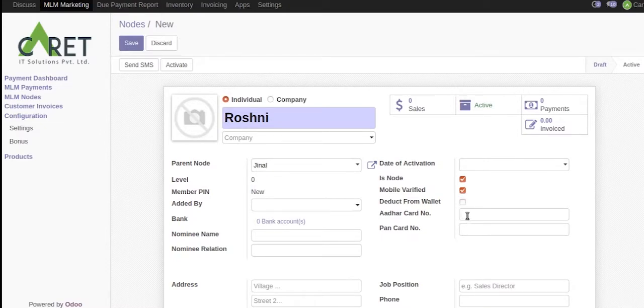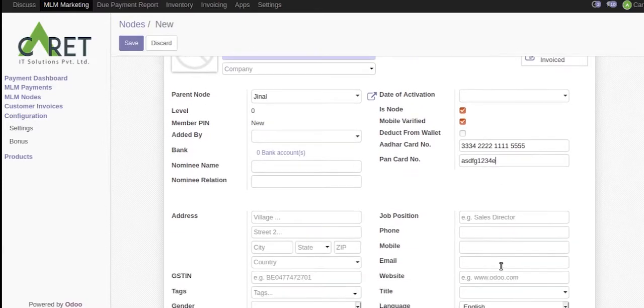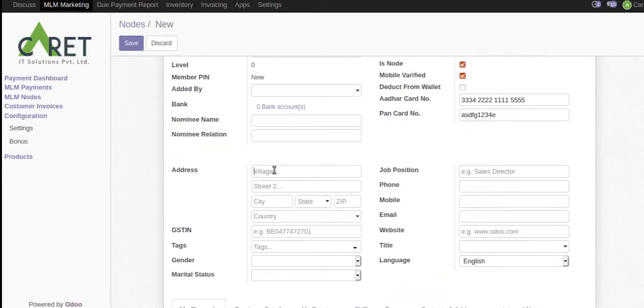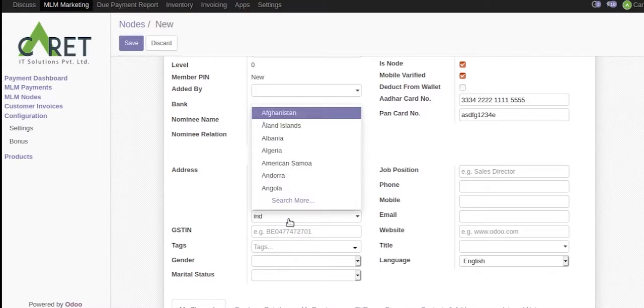This is the Aadhaar card number and the PAN card number over here. Address detail and the city, state and the country.